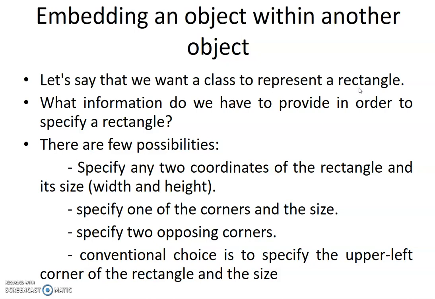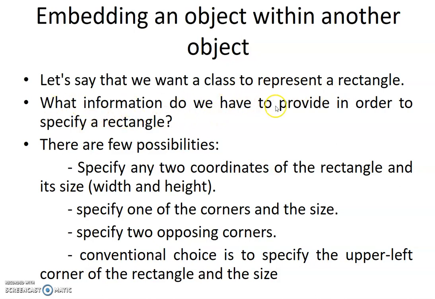How are we going to represent the corners of the rectangle? If we want to represent the corners, then we create an object of a point, which has two coordinates. It need not be the same; we have multiple ways to represent a rectangle. Let us see the different things we are going to do.